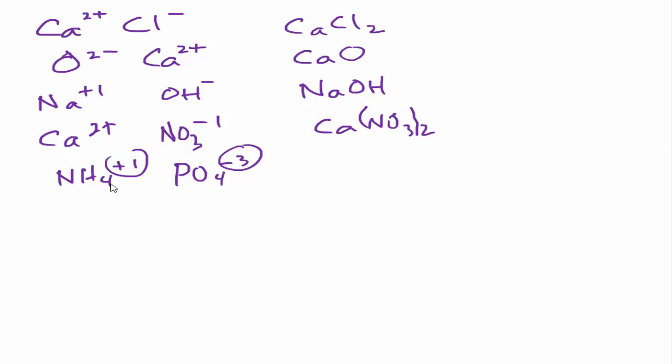You need 3 ammoniums because you have to balance that and add up to 0. The only way you can have 3 ammoniums is if you put ammonium in brackets, (NH4)3, and then the PO4. Cool. The total charge on the above compound, this (NH4)3PO4, let's check it. 3 times +1 is +3 plus -3 adds up to 0. That's going to be the charge on any compound. Cool. The naming compounds,